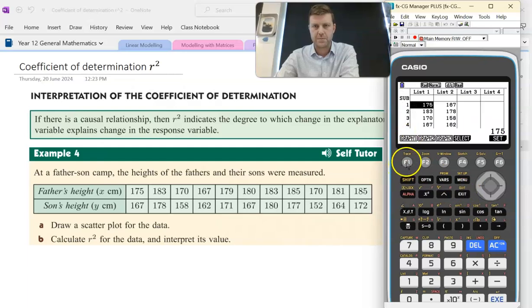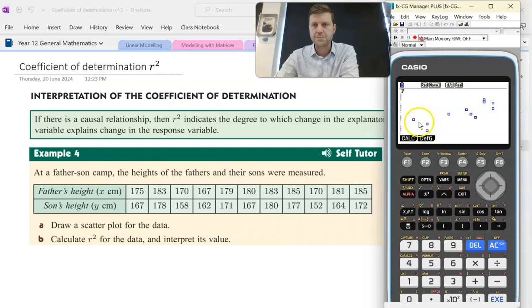So graph 1, which we just looked at, is set as a scatter plot. There are those 11 points representing, along the X-axis, the height of the father, and across the Y-axis, the height of his son. Now to calculate R squared, you need to go into calculate: F1, X, F2, and AX plus B, F1 again,